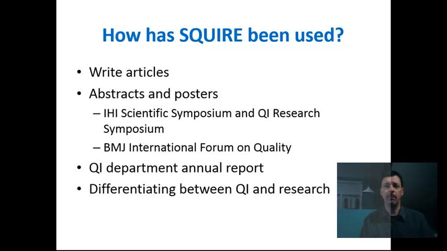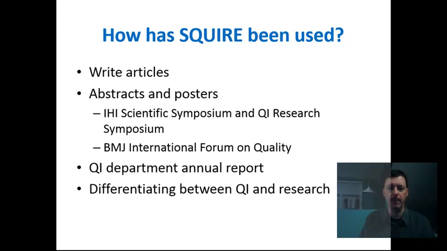So since that time of publication, how has SQUIRE been used? Well, the most basic, of course, is for written articles. That is certainly what they were intended for and what they are often used for. They've been used for abstracts and posters. The IHI Scientific Symposium, QI Research Symposium, and the BMJ International Forum on Quality both use SQUIRE as the framework